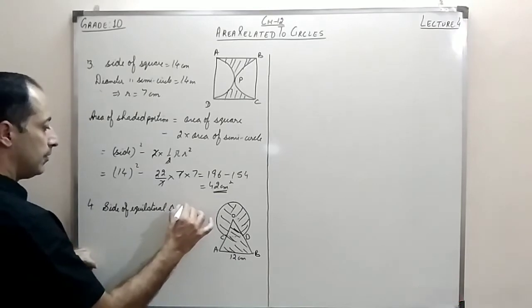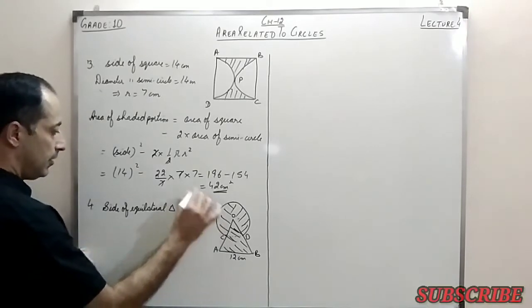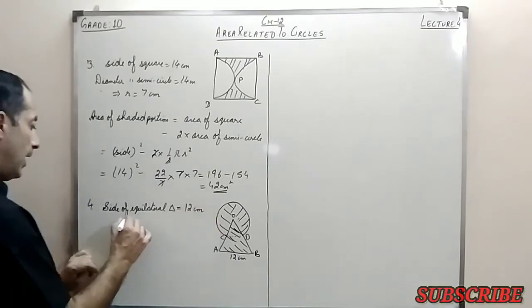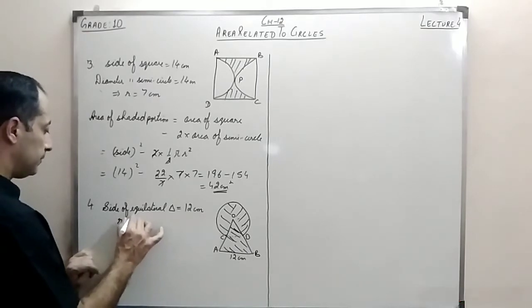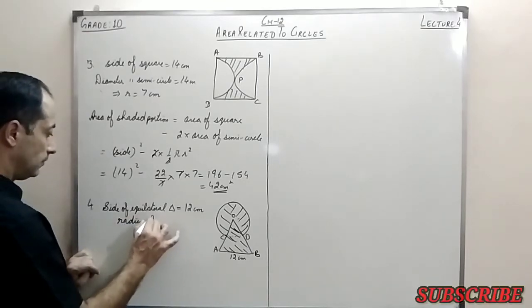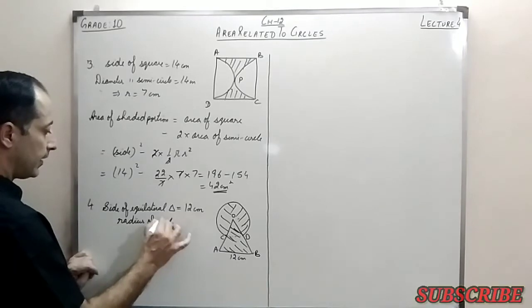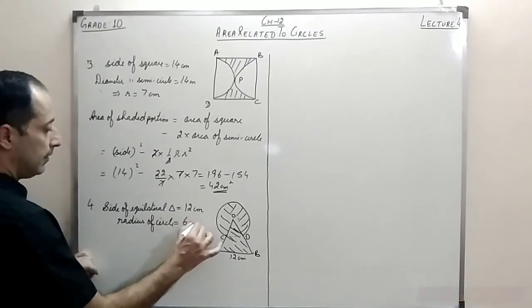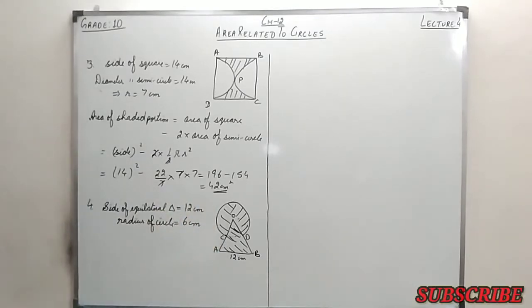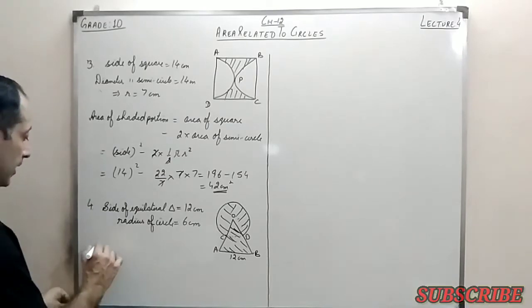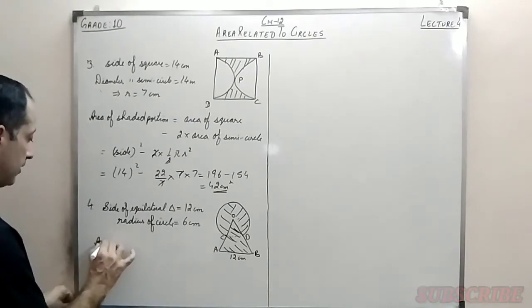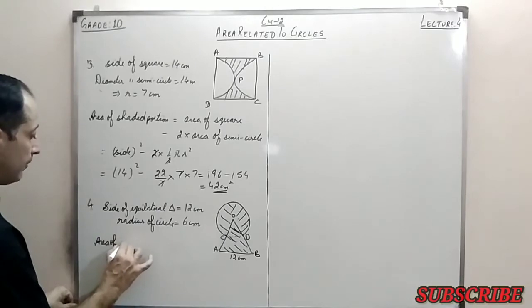is equal to 12 centimeter, and the radius of the circle is given as 6 centimeter. Right? Now what we can do, area of shaded portion or area of combination